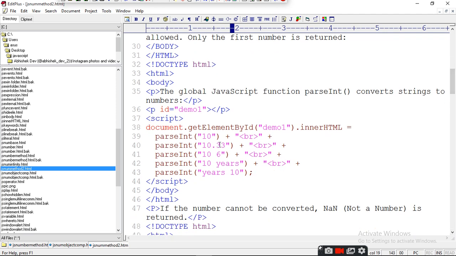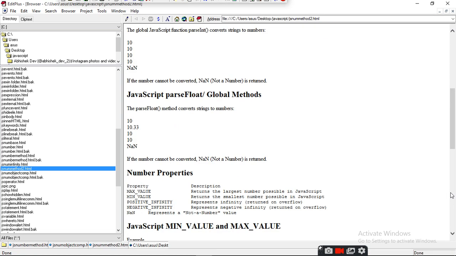When you write parseInt 10, it will give you a 10. parseInt 10.33 will give you a 10. parseInt 10,6, and 10 space 6, will give you a 10. parseInt 10 space year will give you a 10. parseInt year space 10 will give you NaN, because here it is not a number, and it takes the first number only. So when you run it, you will get the answers 10, 10, 10, 10, 10 and NaN.